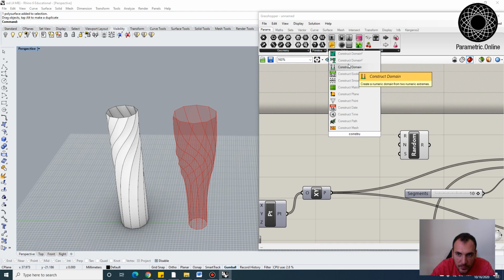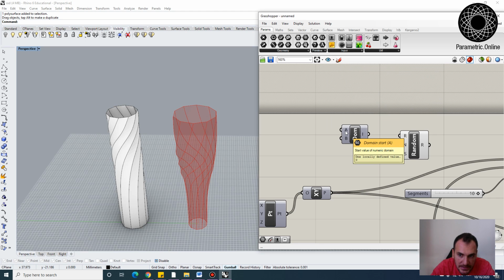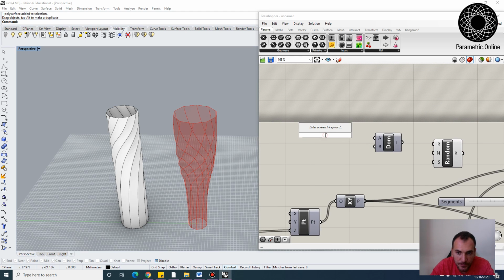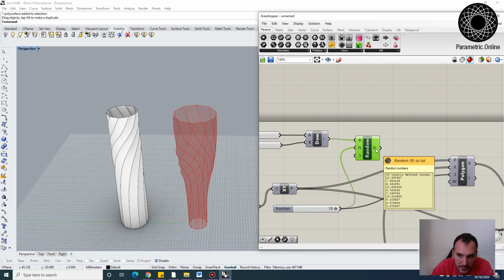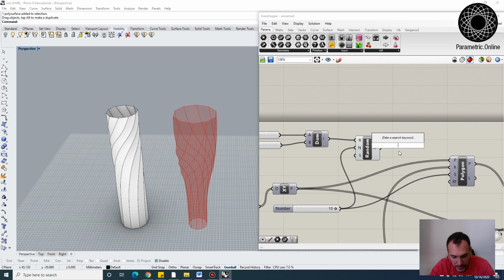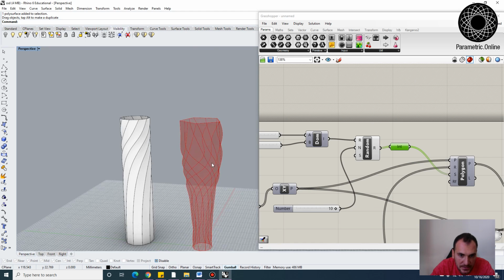So if you do construct domain, a domain is basically an interval, so we need a small value and a large value. Let's say the small value, we don't want polygons less than pentagons, so 5-edged polygons, and then the maximum values, let's say we want all the way up to 12, and this goes to range. And I had 10 planes, so I'm going to ask for 10 random values. And the output here will be a floating value, so I need to convert these to integers. So if I double click here and type in integer, so these are the integer values, and if I feed this in to the number of segments,